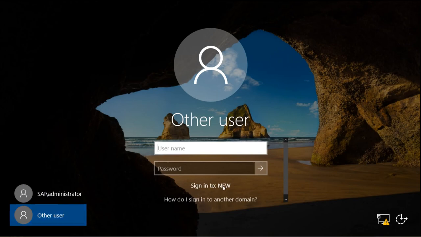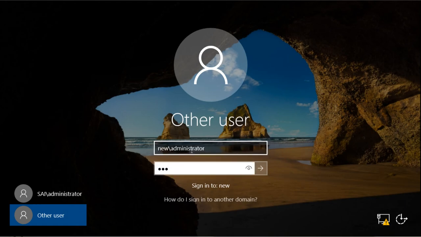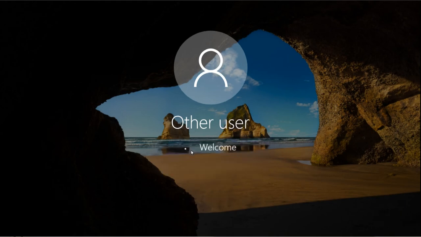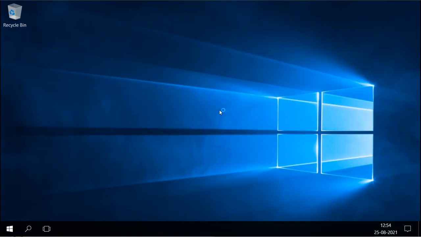We can see sign into new domain. Now I want to log in as the new domain controller administrator, so I will say new administrator and password. So I am now logging in as this child domain's administrator.